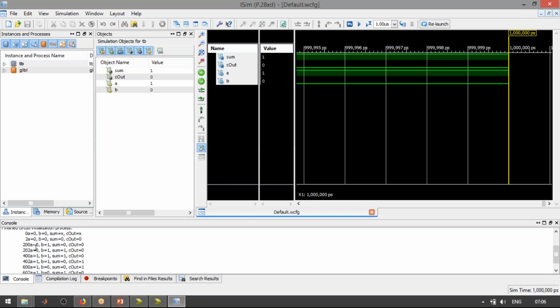After 2 nanosecond delay, A equal to 0, B equal to 1. So sum equal to 0 and carry out is equal to 0. After 202 nanosecond delay, A is equal to 0, B equal to 1. So sum equal to 1, carry is equal to 0. After 4 nanosecond delay, A is equal to 1, B equal to 1, sum is equal to 1 and carry